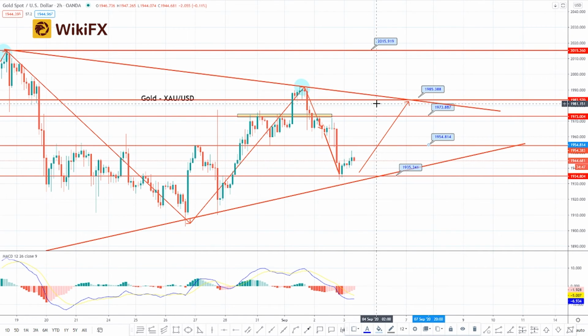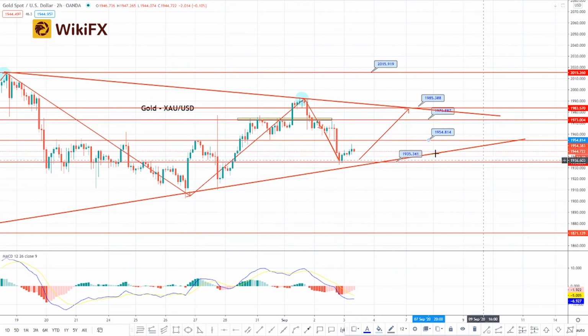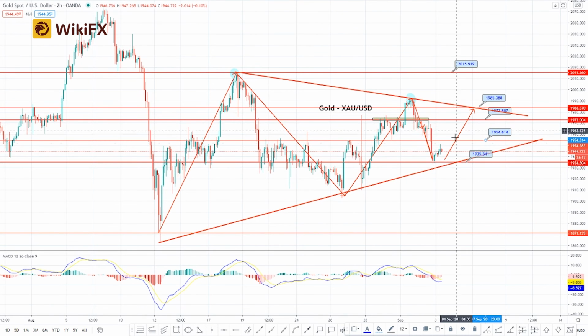Well guys, today we are not expecting any massive movement in the precious metal gold. However, a day after today, like tomorrow, we have NFP figures coming out from the US economy, which is likely to report mixed sentiment. Therefore we can see some major price action in the precious metal gold, and the dollar can determine its trend for the next week. So maybe tomorrow we can expect a breakout on the higher side or on the lower side,